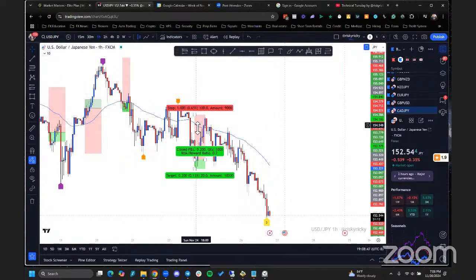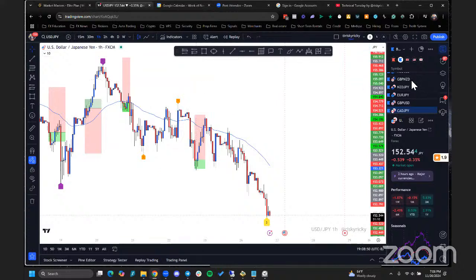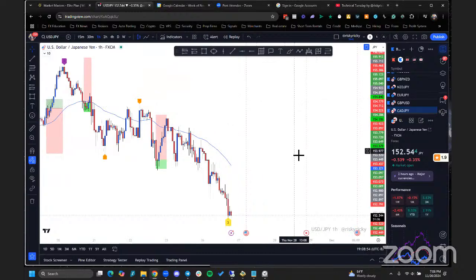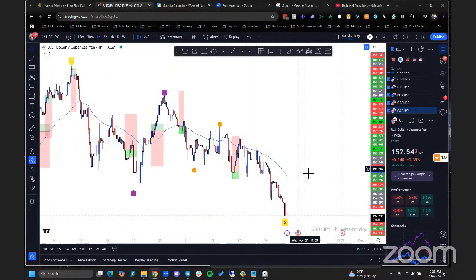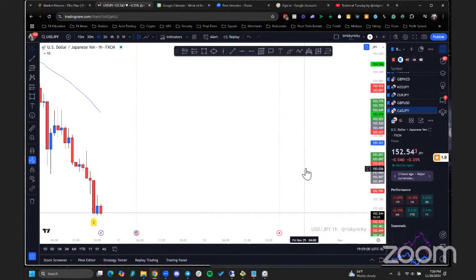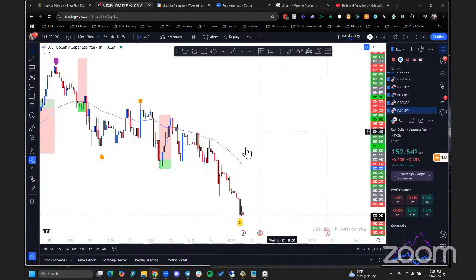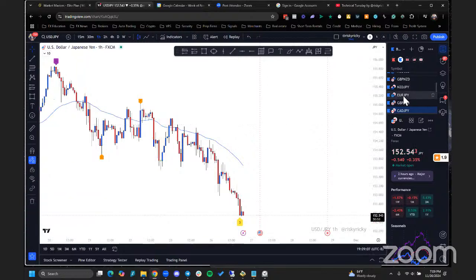So again, if there are any pairs that you want me to analyze, just let me know. There are a couple that are on my radar that I'm looking at right now for potentials. As far as the foreign exchange market, there are certain long holds that I'm in, and on other ones for crypto. But let's go ahead and start here.